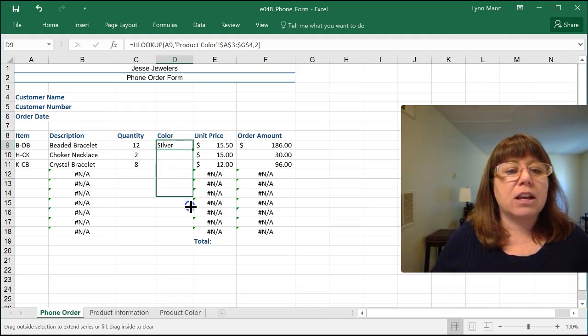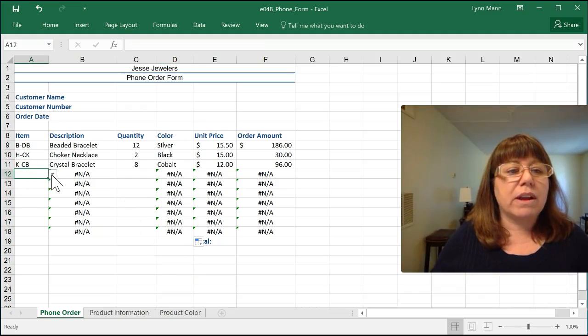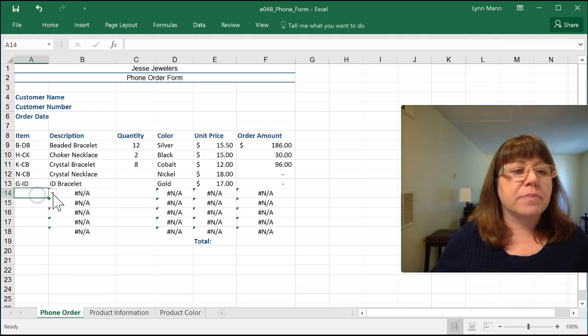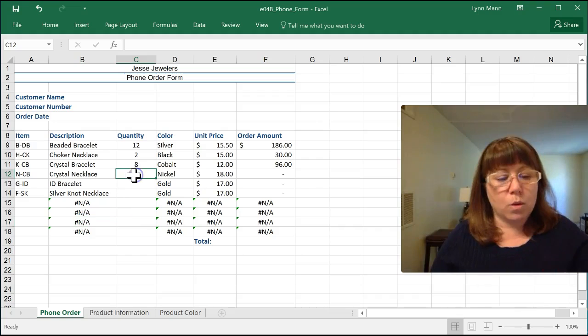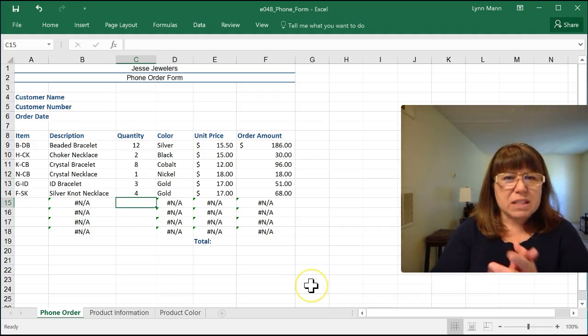Again, I can copy this function down, and so whatever I order, let's see, there we go, crystal necklace. It puts in all the rest of the data for me, saves me a lot of time. Again, let's see, another one of those, there we go, and I can say, oh, 1 of those, 3 of those, 4 of those. So that's pretty much it with